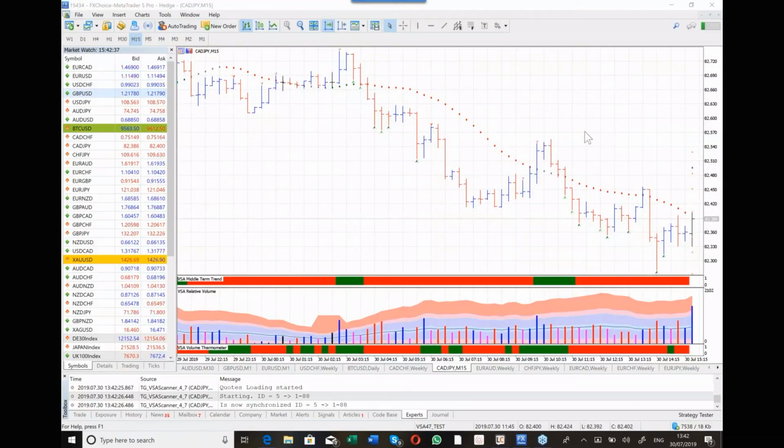We need to consider that, right? We are in a downtrend. Second, the bar is not yet closed. It's 3 minutes before the bar is closed, and we do have a trend cluster on top of the price, right? Can you see that? Yeah, right here. So if the bar is closed like that, or even lower within the next 2 minutes, we can start searching for short trades on the lower time frames.